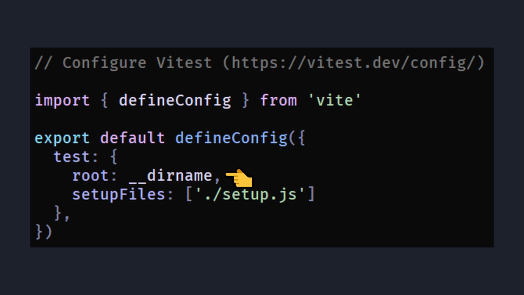So I felt pretty content with that discovery, and now that I understood how vtest was determining the root directory, I realized that I could just set the root config option to the special dir name global to ensure that my vtest root is always the directory of where my vtest config lives. And again, this is probably the more appropriate solution because it lines up with how vtest actually works. So in the end, my day was kind of ruined because I wasn't going to make my first open source contribution. Turns out there was really nothing to fix, and all I had to do was change my vtest config. So dang, that was pretty much it.